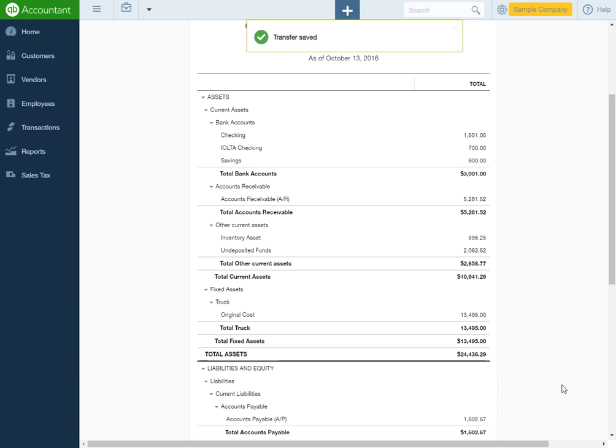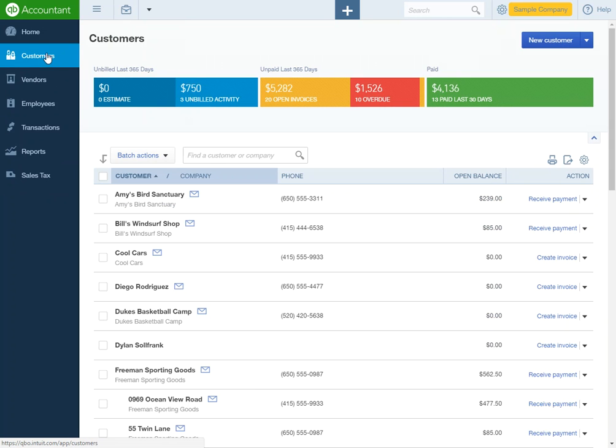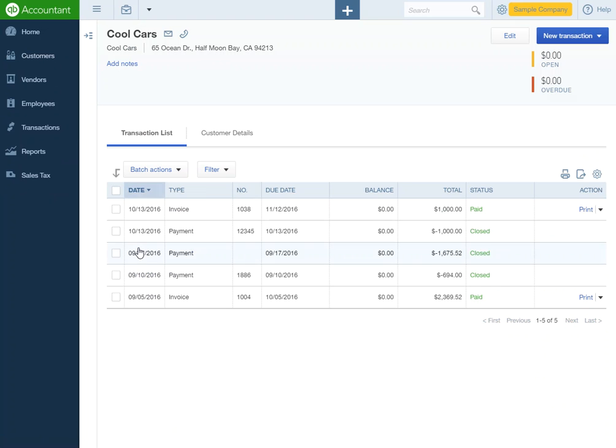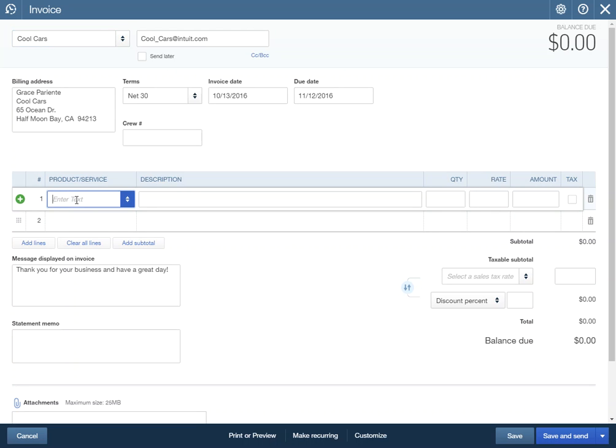Now if we go to the balance sheet, you'll see that our IOLTA checking account only has $700 in it, but our liability account has $1,000 in it. So we need to fix that. The way we fix that is we go to our customer, go to Cool Cars, we're going to make another invoice. This time, this invoice, we're going to say it is